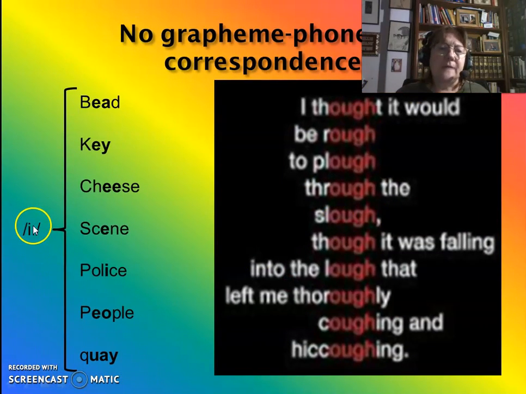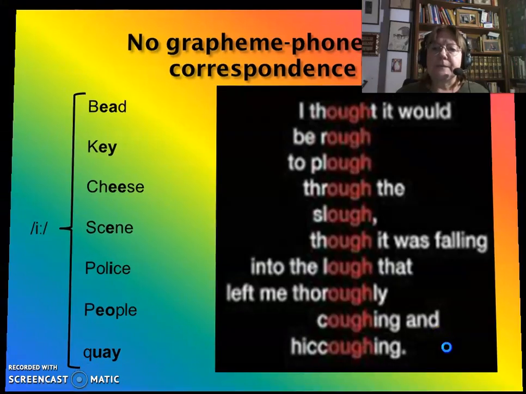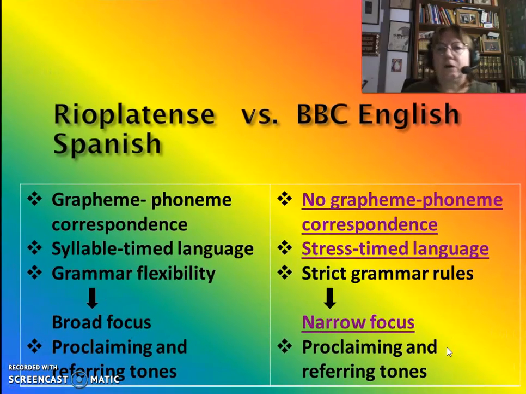So one sound can be represented by many different spellings, and one spelling can represent many different sounds. This implies the need of a lot of practice and reinforcement to help learners to acquire good pronunciation and good